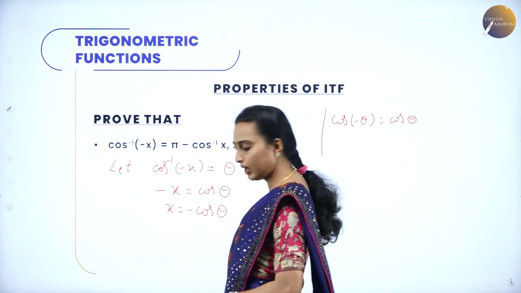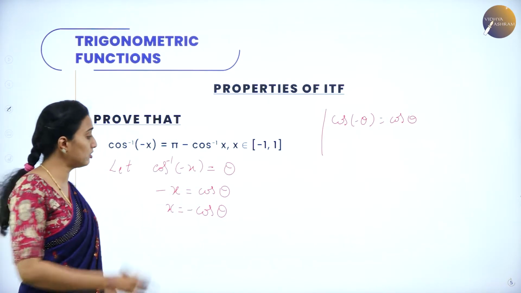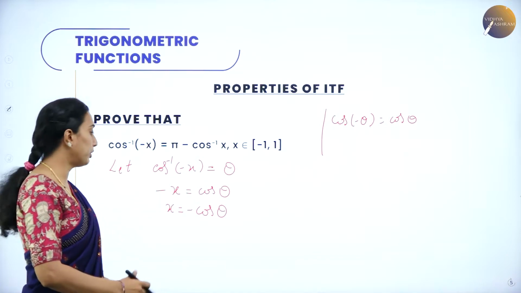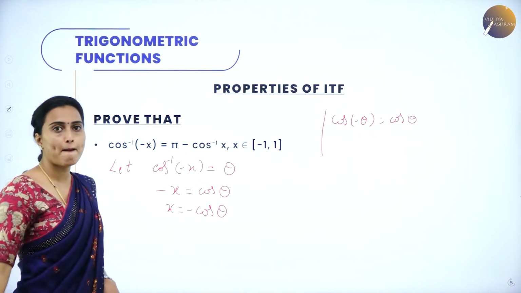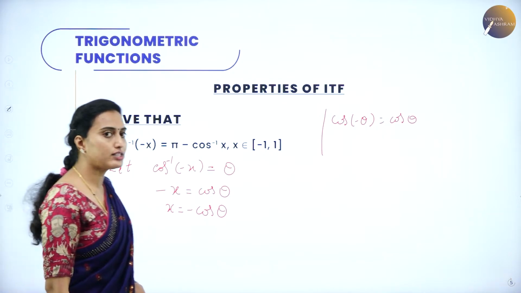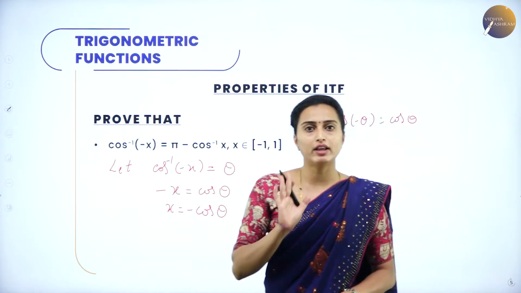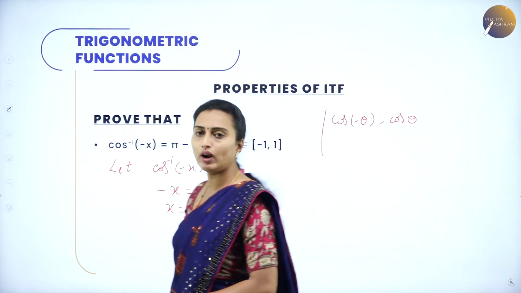This you have to remember. So here it cannot become like this: minus of cos theta is cos of minus theta. No, right? Because cos of minus theta is cos theta. You are going to have this, and where will it become? What is cos of 180 minus theta? It is cos of 180 minus theta in the second quadrant, isn't it?